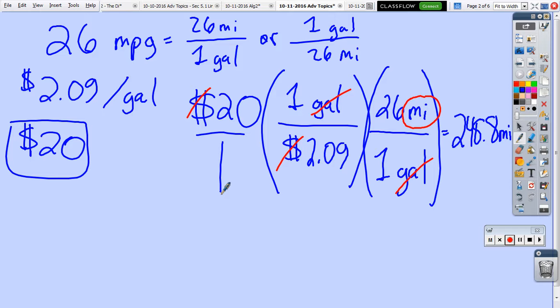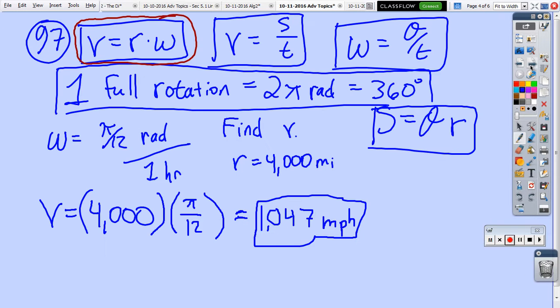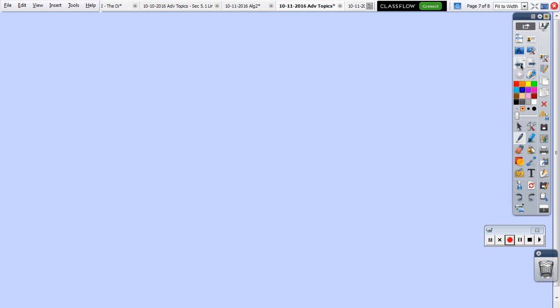Are you going to do another problem? Let's see, the next thing we have in line here is number 89 from the homework. But we could look at, I thought I had,